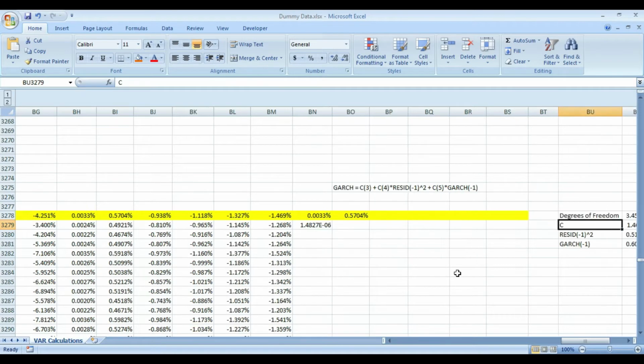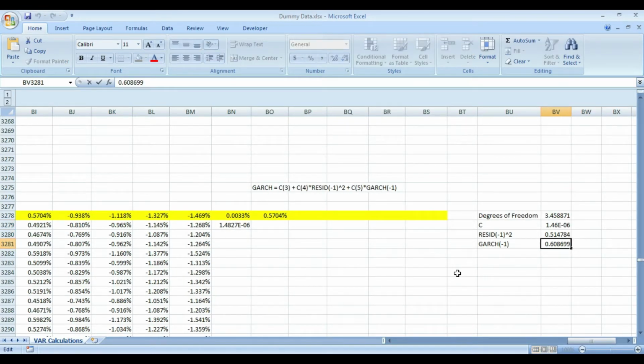Then plus C5, which is this. So plus brackets C5 multiplied by GARCH n minus 1, or variance n minus 1, which is this. So close brackets, enter. Maybe convert this into percentage. So there you go. Now for value at risk, since this is a